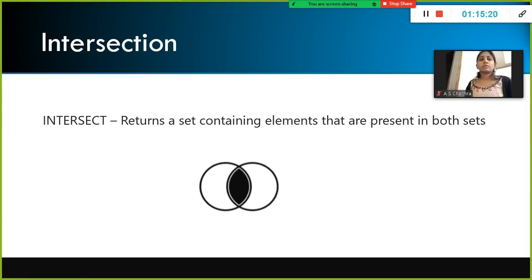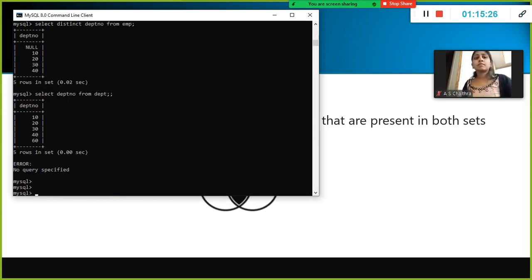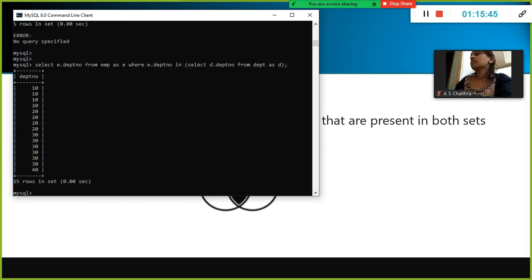Intersection is the common one, but there is nothing called intersect available here. So in that case, what we need to do is select E dot depart number. This is the common value between those two.